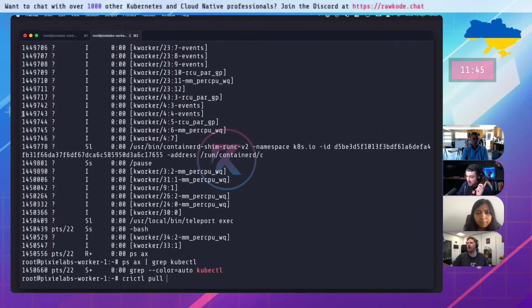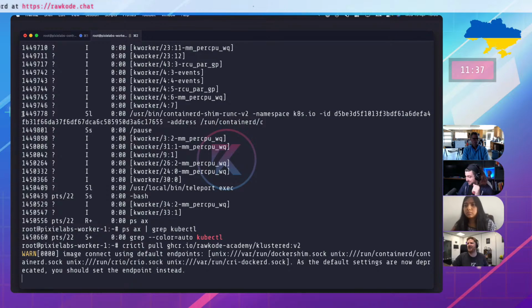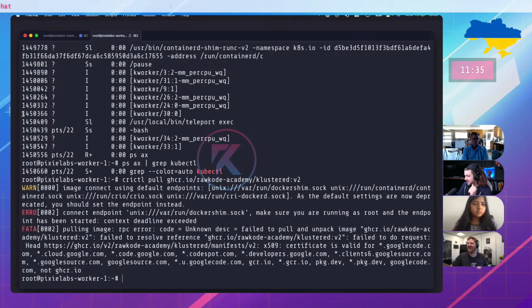Anybody ever wanting to know, nerdctl is a fantastic one that is like a Docker compatible API for containerd. Install it. Yeah. Oh, we got an error message. That's interesting.